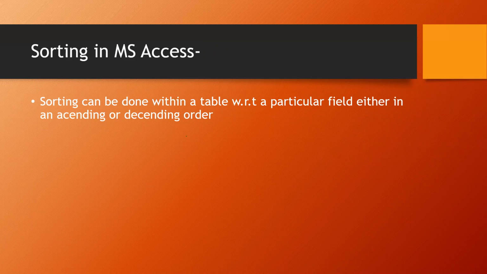Next is closing the Access application. You will click on the file and then you will close the database. All right. And then if you have to open something, like we do in every other software application, you will click on open and then click on the file which you want to open. Okay. So this was all about your third chapter, MS Access, that we